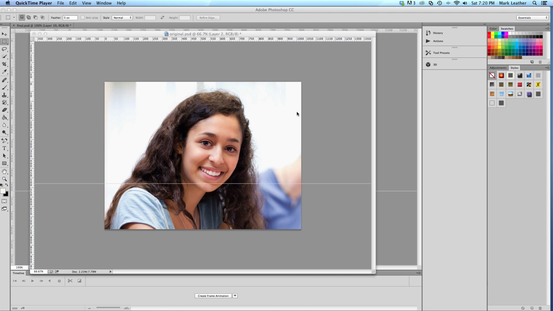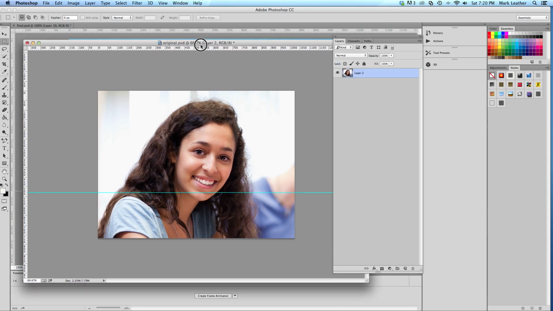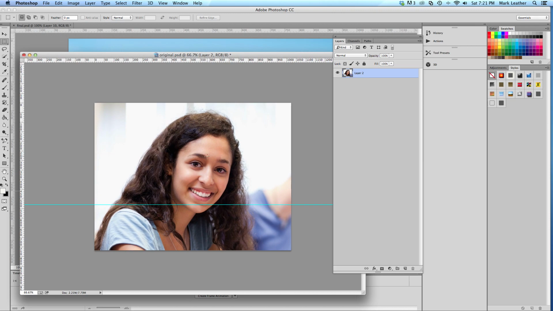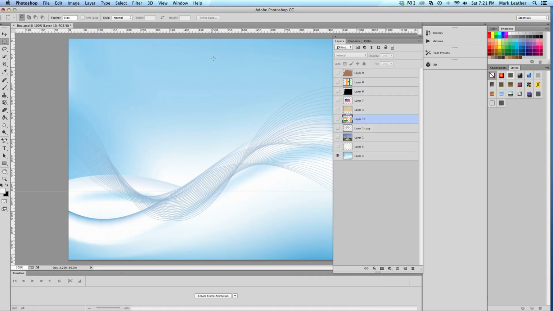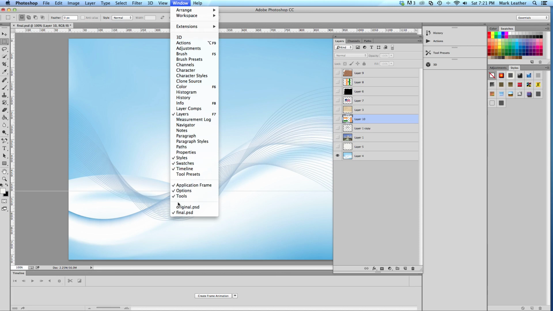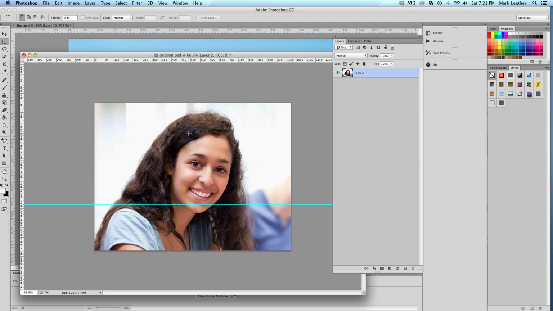Welcome to Photoshop. In this, the first movie for Photoshop, we're going to take a look at how do I take one image from one file. How do I take a picture, this picture, and put that picture into another Photoshop file? So as you can see, I have this file, and it's got a lot of layers in it that will get composited together. But I also have this image of this girl, and I want to take her over to